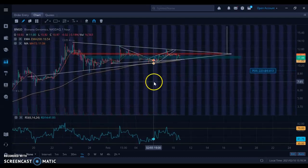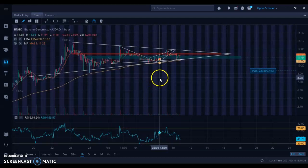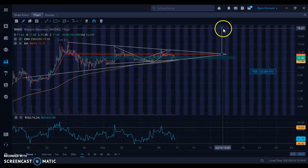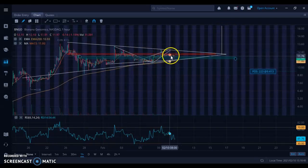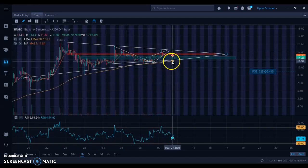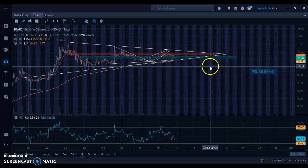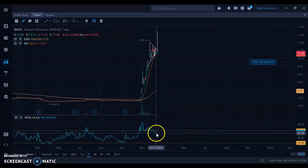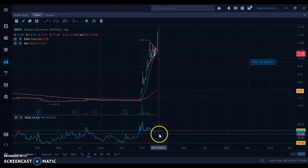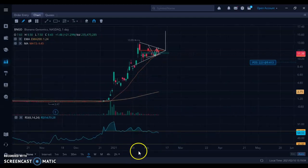Also, of course, by definition, a bull flag, a bull pennant is bullish, right? It's got the word in the name. There is a higher chance just based on technicals, without even factoring in potential catalysts, the holding of this support, anything. This has a higher chance of breaking to the upside. Taking a look at the RSI, not much movement here, I believe. We're looking at 64.53. We're getting less overbought, but even if we consolidate in here for another 6 days, like I'm predicting,